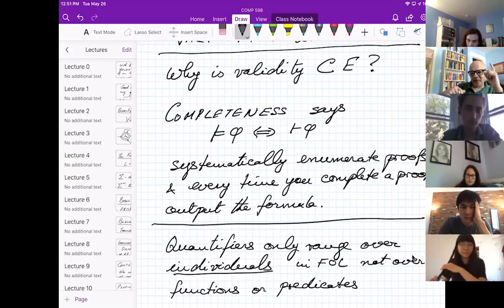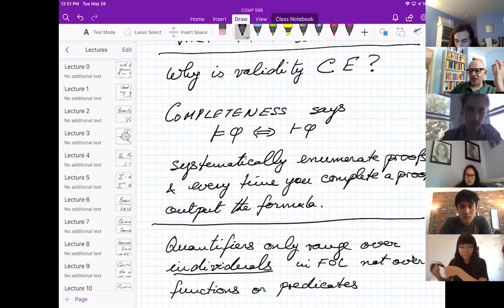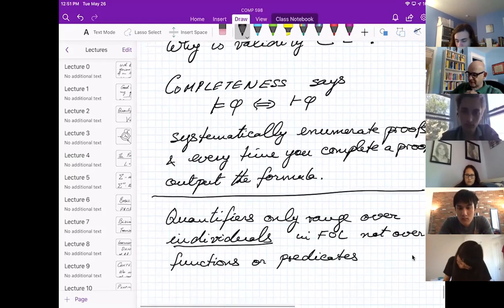Wait a minute, didn't we say that once? Well, that's the principle of induction. It's a second order formula, because it says for all predicates blah blah blah blah, induction holds if and only if well-foundedness. So if you're quantifying over predicates, you have second order logic.